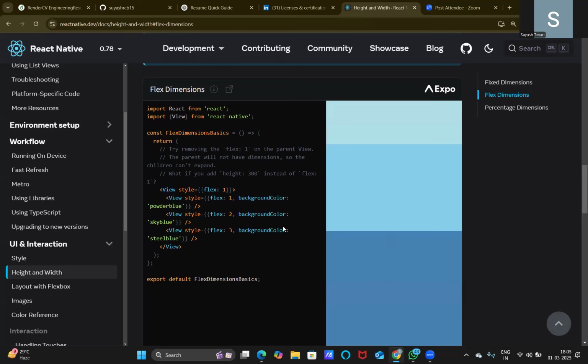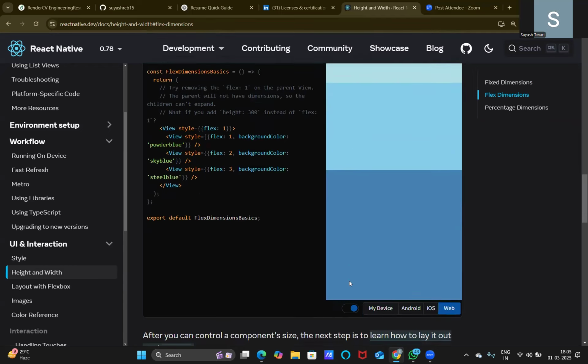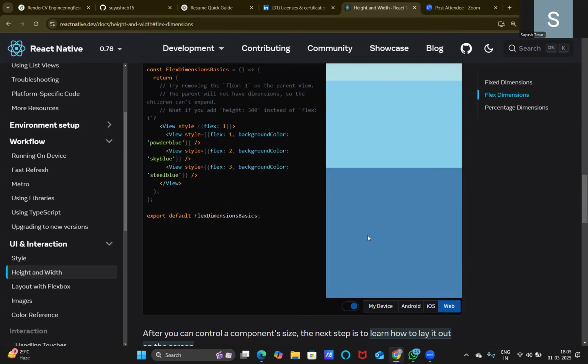As you can see, here flex is 1 and the background color is powder blue, and the content on top resembles that. Similarly, when flex is 2, you can see that the height and width of the sky blue has increased. And for flex 3, the background color, steel blue, has a much greater width and height. So the basic difference between flex and fixed dimension is that in fixed dimension, the width and height are specified by the user according to the requirement, whereas in flex,